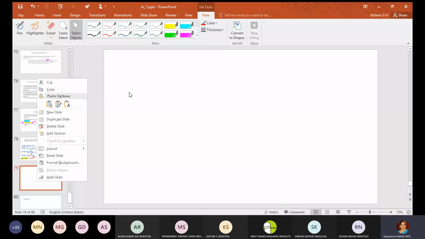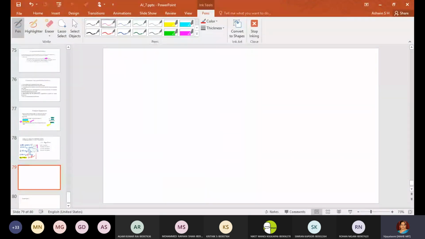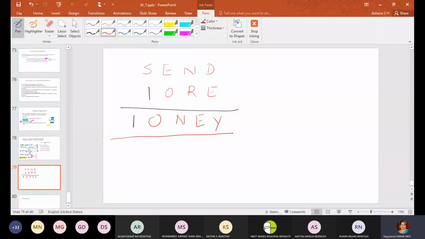After you get the value of M, I'll write once again, S, E, N, D plus M, O, R, E. Okay, so I will just erase this. Here I will write 1. So now I have got this is 1, and this is O only. O, N, E, Y. So this is the first step. Okay, first step is over.